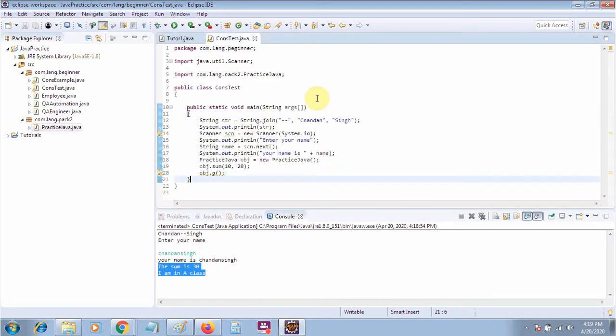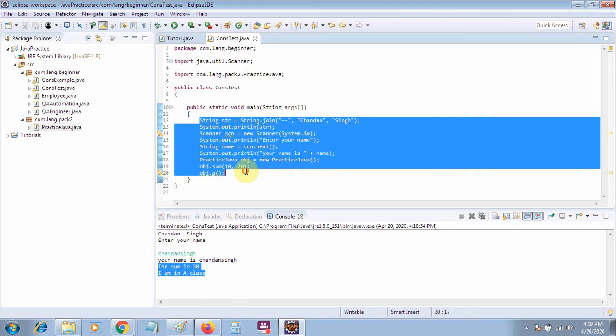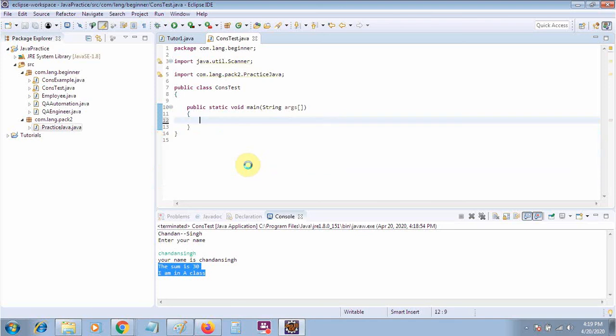Now I will cover one more example of the arithmetic exception, and the remaining part we will cover after that. Let me remove all these things, not required anymore. Suppose we have a very simple example: we have an integer x equal to 10.